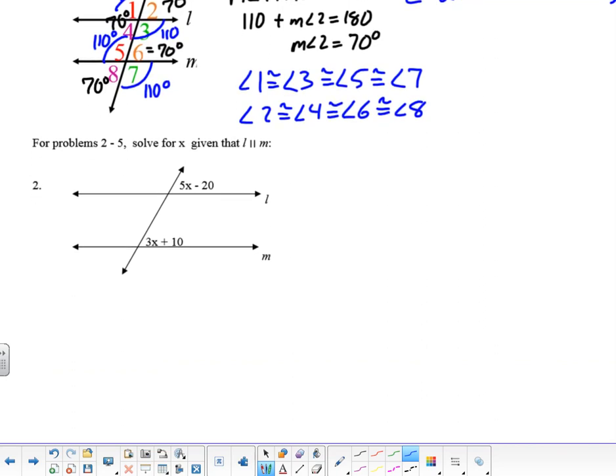Okay, so for problems 2 through 5, let's solve for x given that L is parallel to M, and we're going to kind of review some things as well with our terminology. So we're given parallel lines. This line right here is our transversal. So given parallel lines cut by a transversal, this pair of angles is, here's the way we want to see it. We want to recognize that corresponding